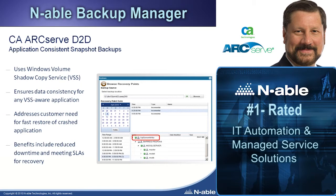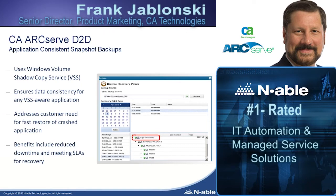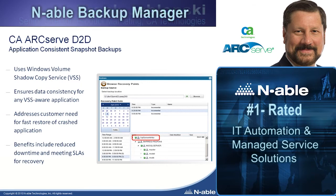Recovering an application from a consistent backup state eliminates the need for the application to run a consistency check when it restarts. Now, a consistency check could take hours to complete depending on the size of the application database. Eliminating this step provides much faster access to the application data, resulting in reduced downtime, increased productivity, and meeting your